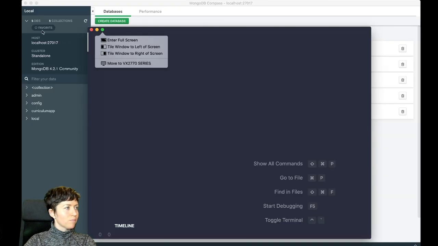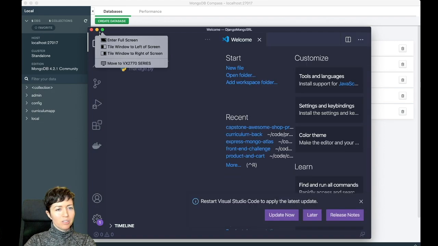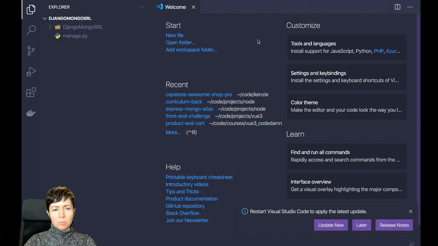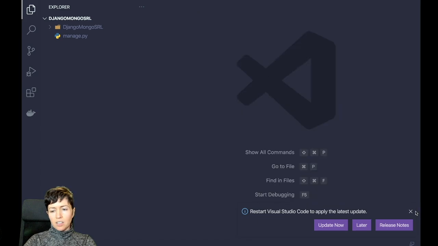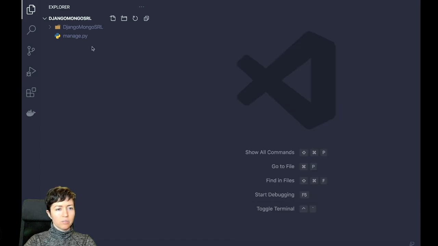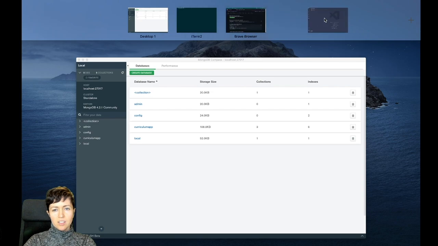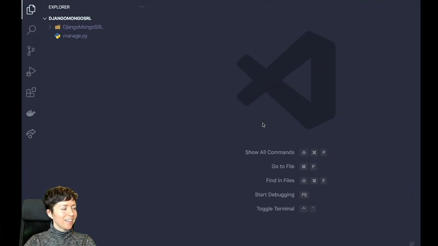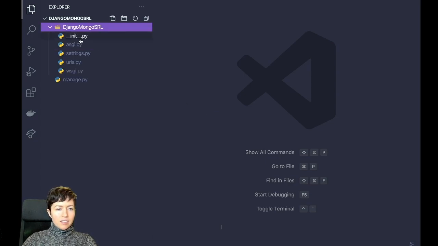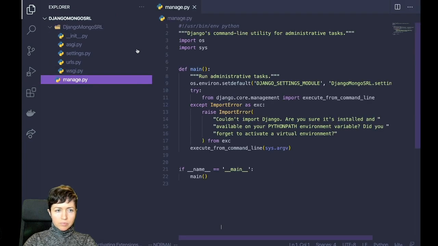By the way, in the background here, you can see I have MongoDB Compass open, because I'll be using that just as a client to look at my MongoDB, my collections and stuff. Okay, so I have my main folder. I have the manage.py file. Now I am going to